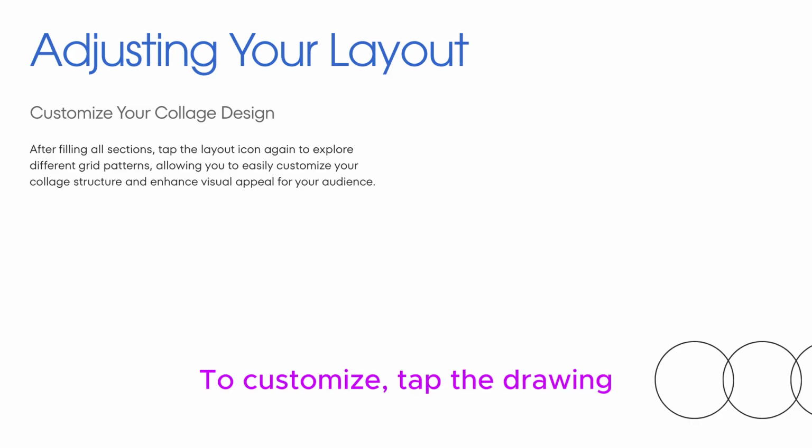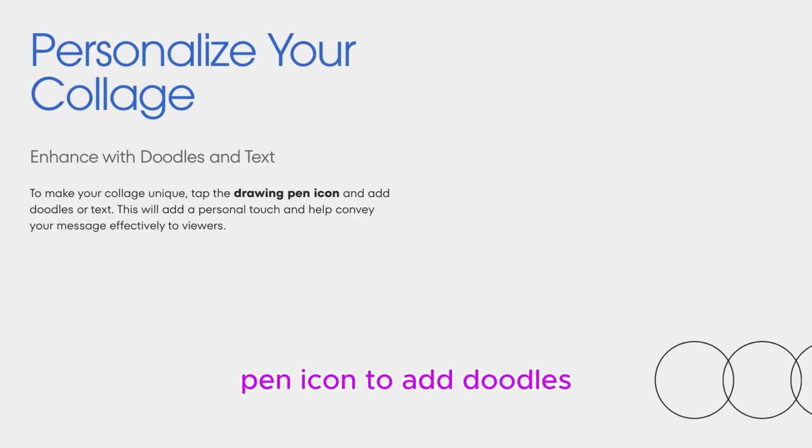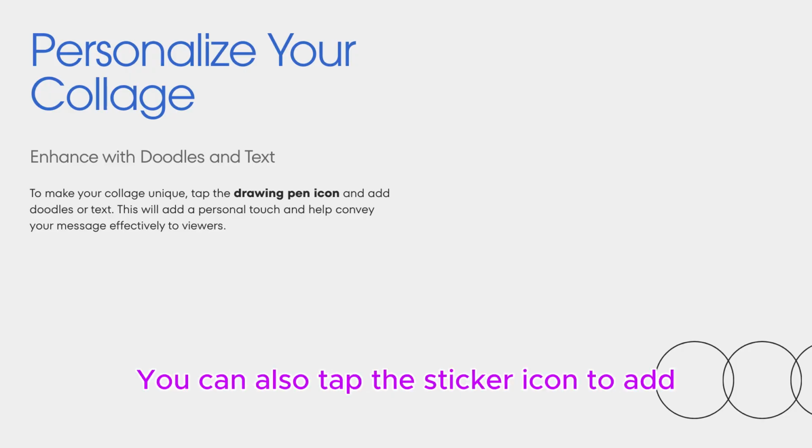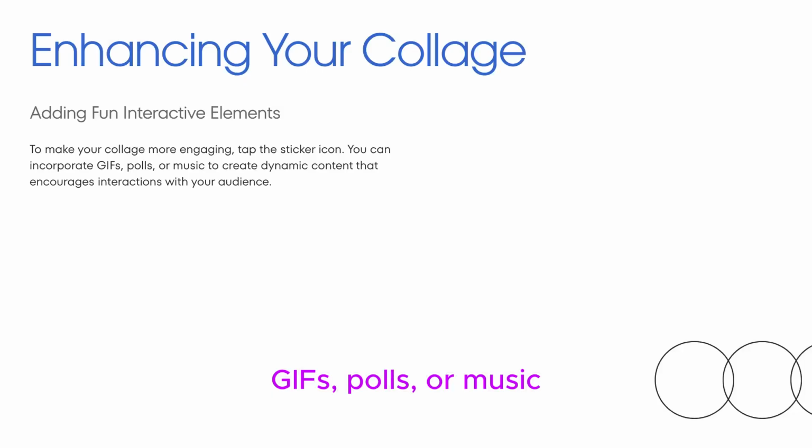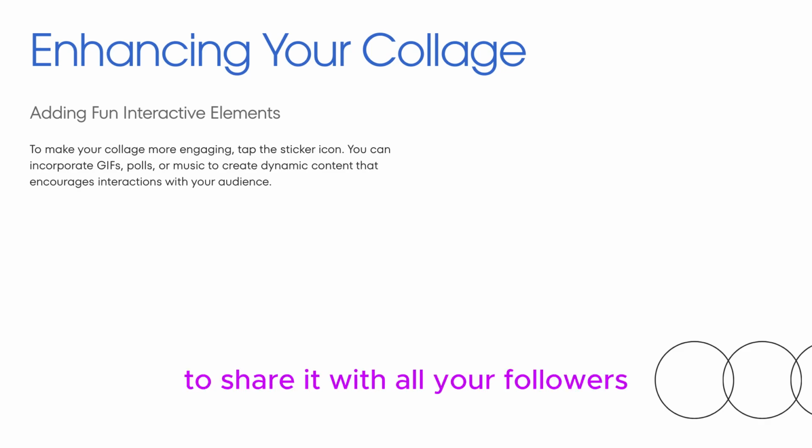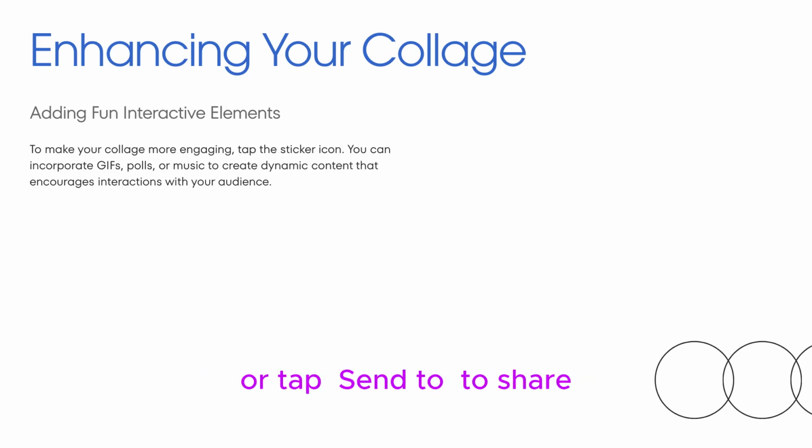To customize, tap the drawing pen icon to add doodles or the text icon to add captions. You can also tap the sticker icon to add GIFs, polls, or music. Once your collage is ready, tap your story to share it with all your followers, or tap send to share